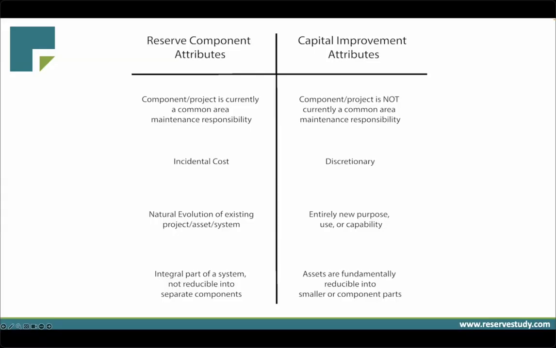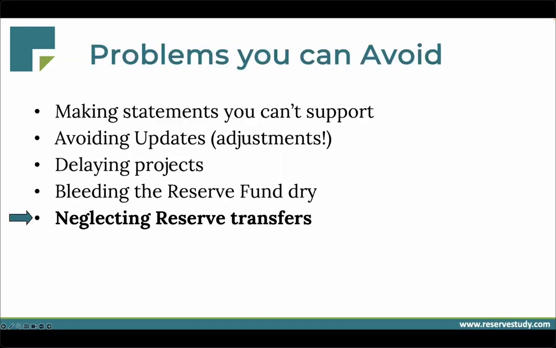It is currently a maintenance responsibility. We're not changing the system. The ownership still needs a secure system to get into their pool. We just changed the technology based upon natural evolution, right? So this is a helpful matrix. Of course, if you're confused, reach out to your reserve study provider to give more context on this type of question. All right, so what's another problem we can avoid?